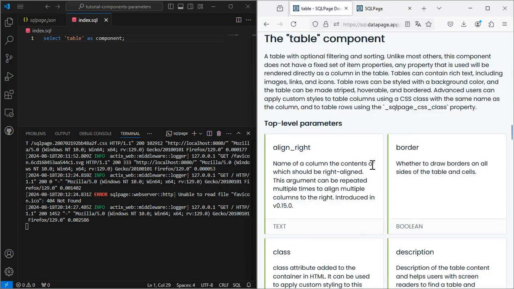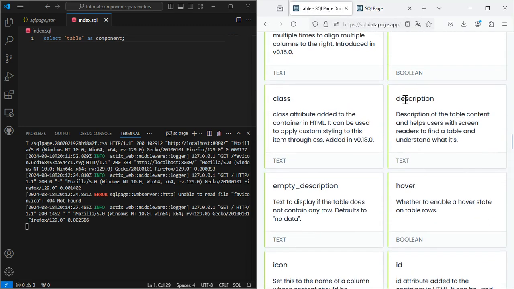The table component has many top-level parameters, one of which is the description. Let's add a description to our table.